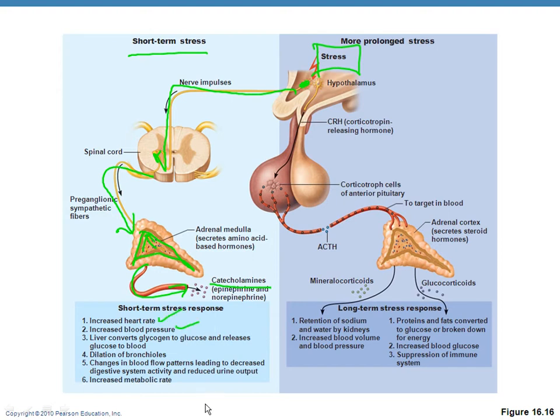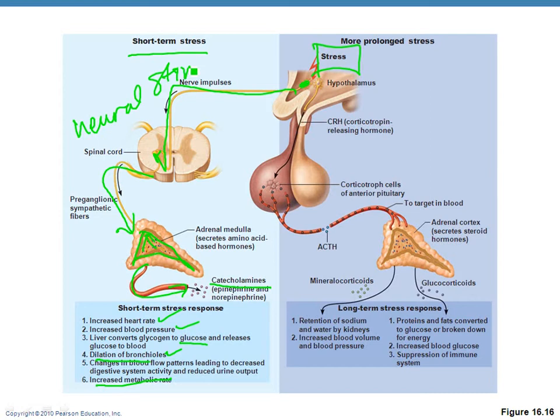Increased heart rate, increased blood pressure. You're going to have more glucose released. Your liver is going to take glycogen and break it down. Glycogen is just a bunch of glucoses stuck together. And remember, we need one single glucose to turn it into ATP. It's going to dilate the bronchioles so you can get more oxygen. It's going to change the blood flow patterns, get more blood flow to your brain, to your heart, to your skeletal muscles, and increase your metabolic rate. Increase the amount of glucose and oxygen you can turn into ATP. Do it faster, right? So this is an example of a direct neural